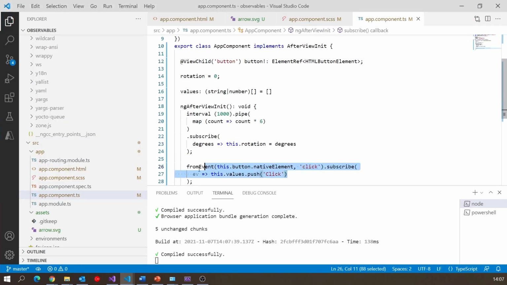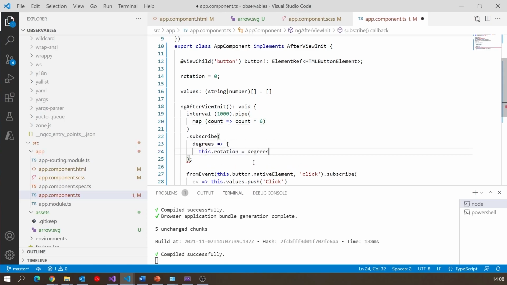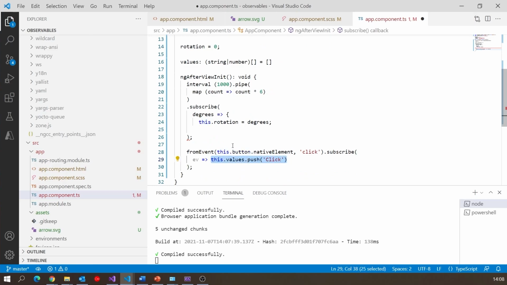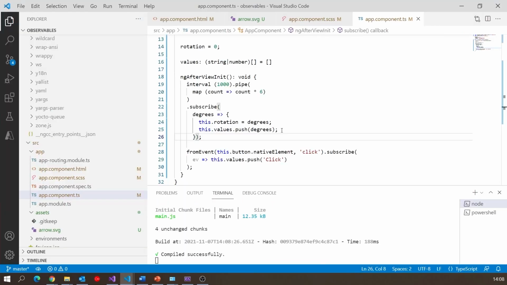I should actually put back in the code to display the numbers as well, so we can just see what's happening. So let's also put in there our push once again, but this time we put degrees in there. And so now we should be able to see that as well as it ticking, we can see the numbers going through, and we've got 6 times whatever the value is. There's actually tons more we can do with any of that.